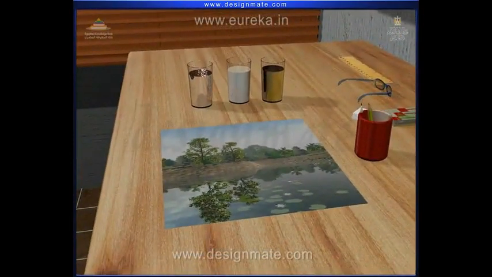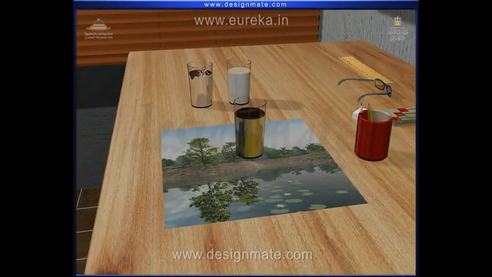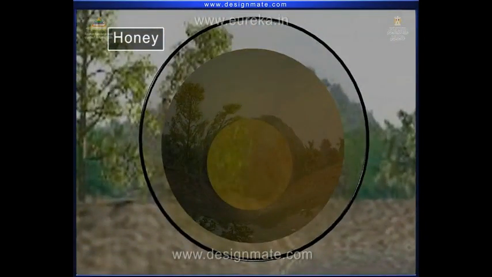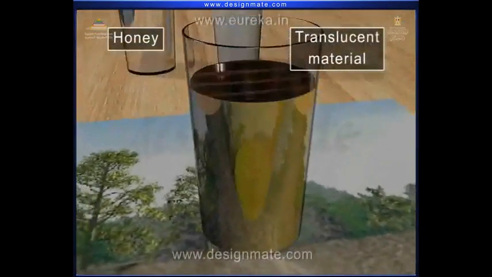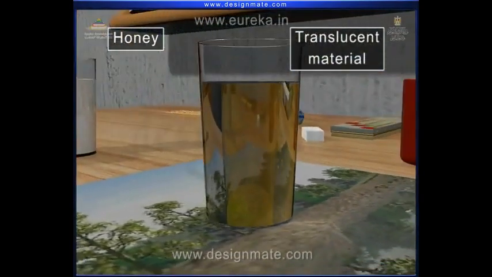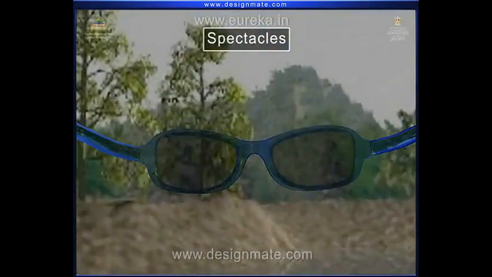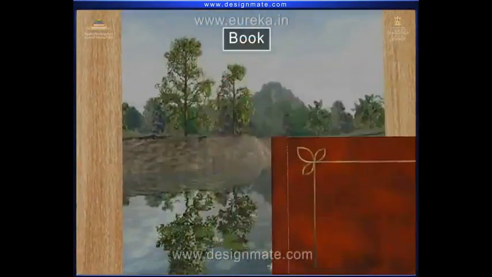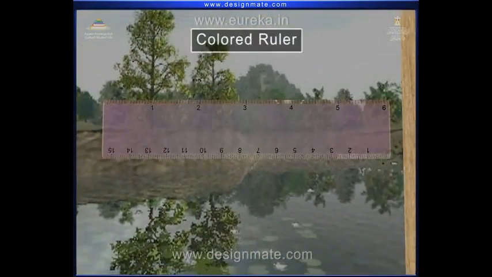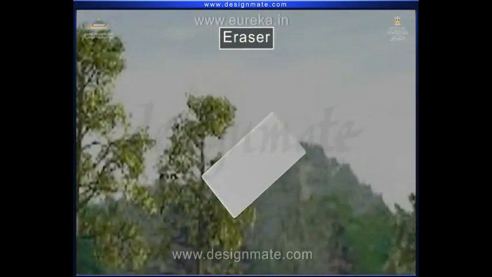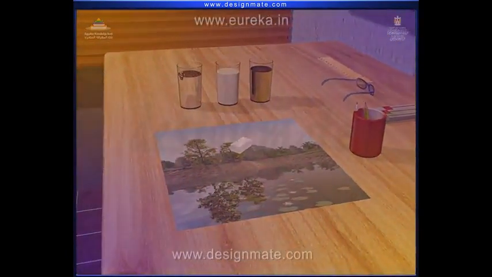Again, place another glass filled with honey. On looking through it this time, the picture is visible but not clearly. This is because honey is a translucent material. Next, try looking through different objects like spectacles, a book, metal, colored ruler, eraser, etc., and find whether they are